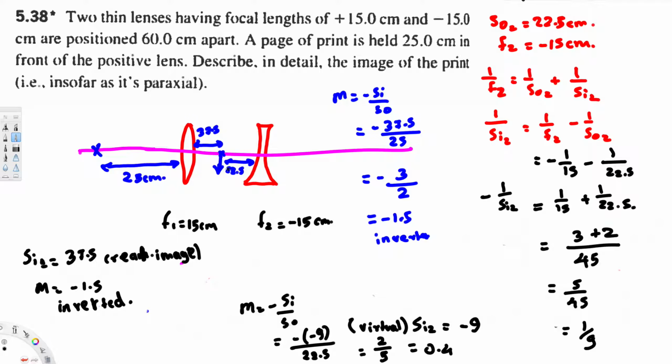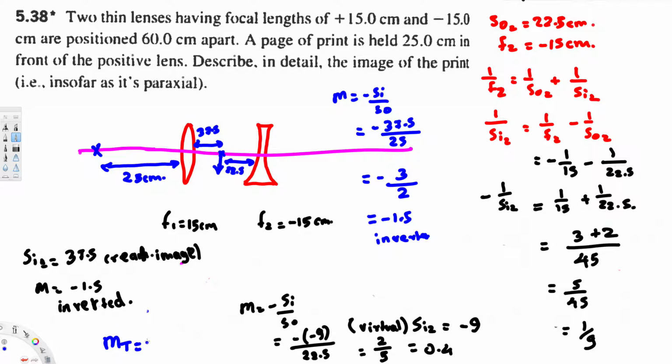However, the image we used as the object was inverted, right? So the magnification is positive, but the object we took is inverted. So this image is in the same direction as the object. Since the object is inverted, this image is also inverted. So this is the magnification related to that object. Here the object is the first image. Now the real object is right here. So due to the real object, we have to find that. What we can do is